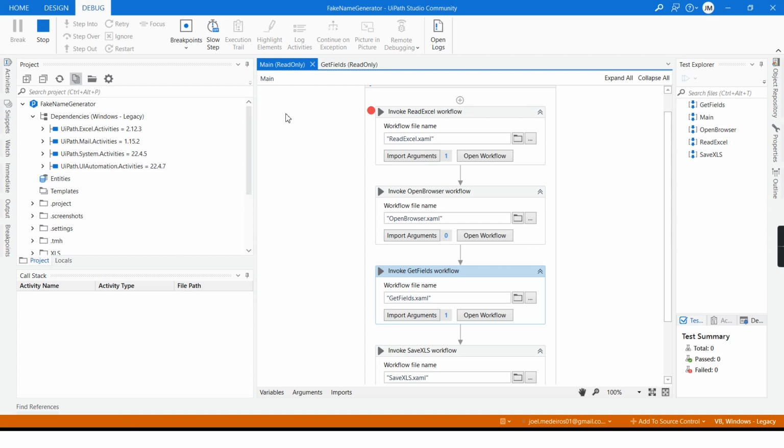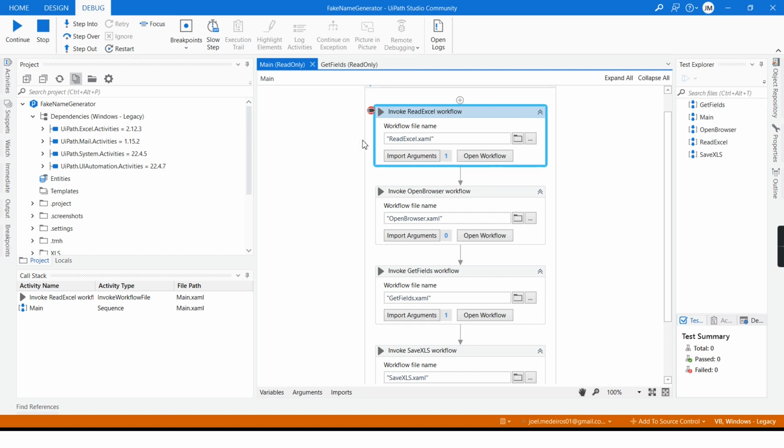And then in here, I can see with this blue box where the step is running, where the debug is running. And then I can step into, which is going to step inside of this activity to those activities, which allows us to go inside. Step over will jump to the next one.